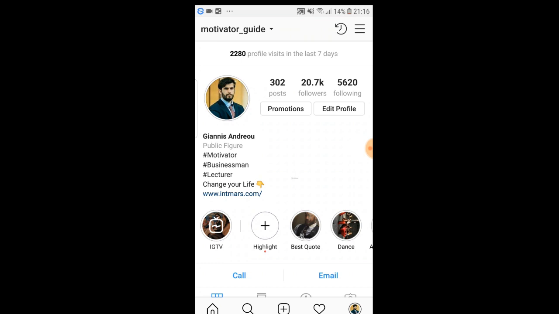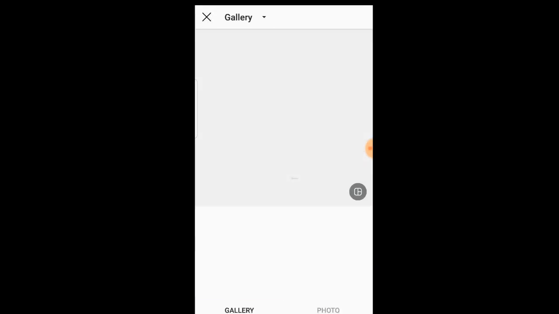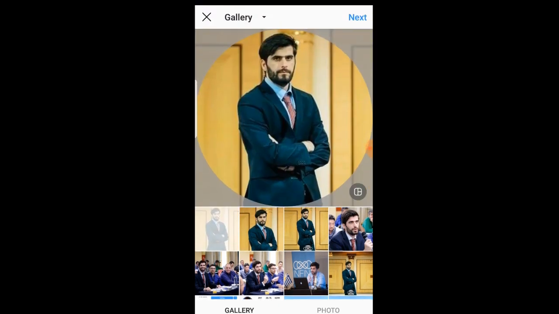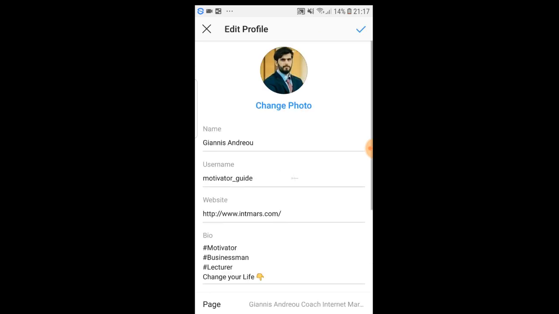is go here to edit profile, change photo, new profile photo, and let's say we have specific photos here. Something that you do not want to do is you do not want to put a photo like this. And the reason for that is that the Instagram picture is already small. If you go here, you will see it's a little circle. And if you put a photo like this,